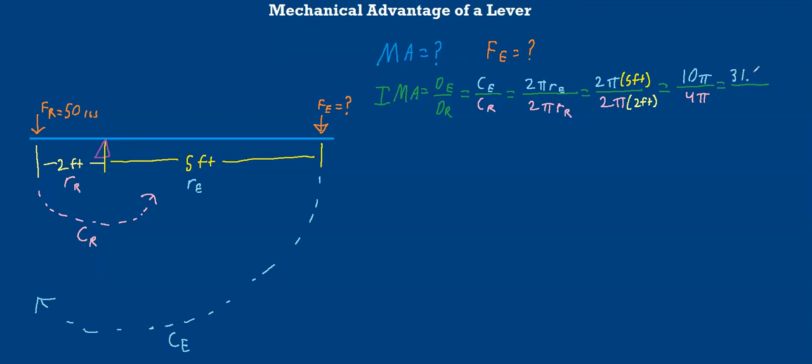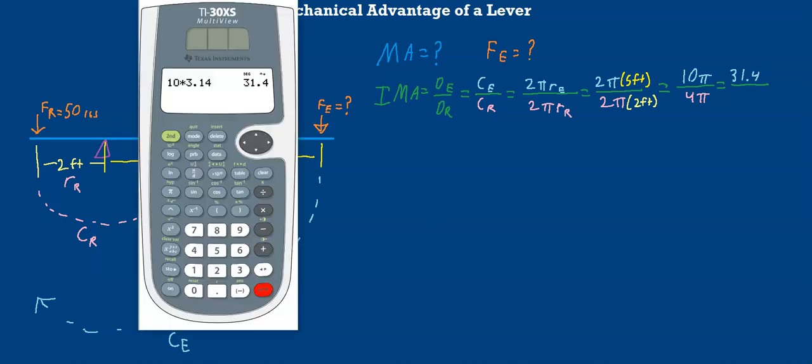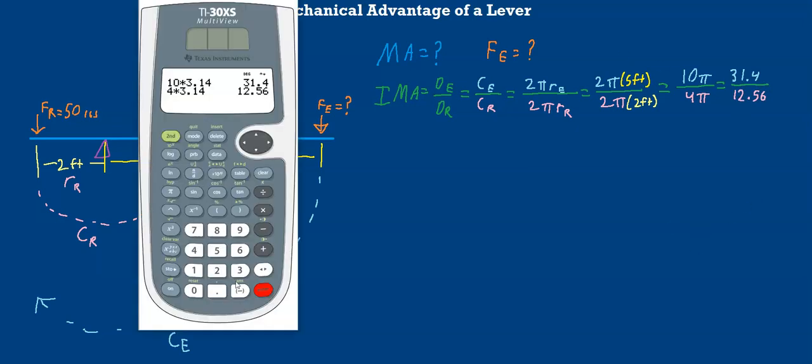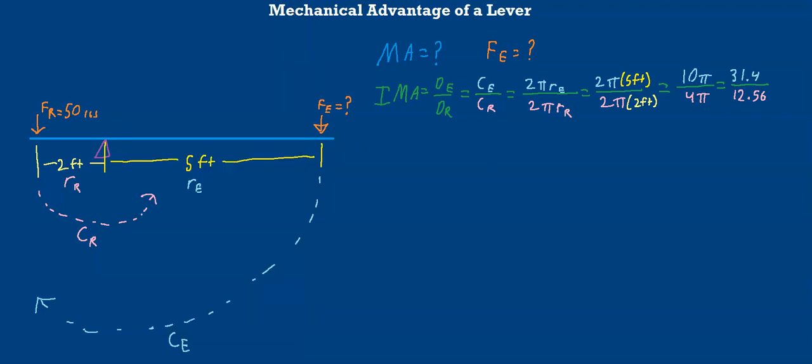31.4 on top. And then on bottom, what is 4 times pi? So what is 4 times 3.14? We get 12.56. So on bottom, we will write 12.56. And what is 31.4 divided by 12.56? And let's try to get that decimal in there. And what do we get? We get an IMA of